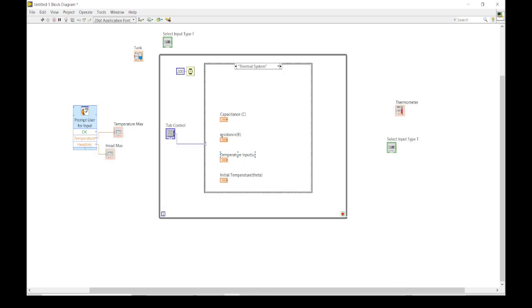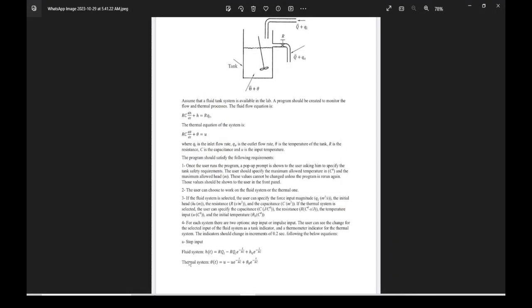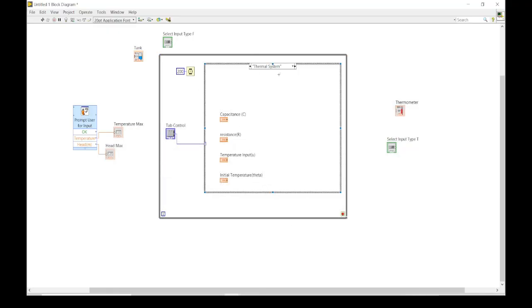And then what I need to do in here is build up the fluid system step input or impulse input equations depending upon these selections. So here it is the thermal one. So again I'll shift back to the fluid. First of all I'll build up the fluid system